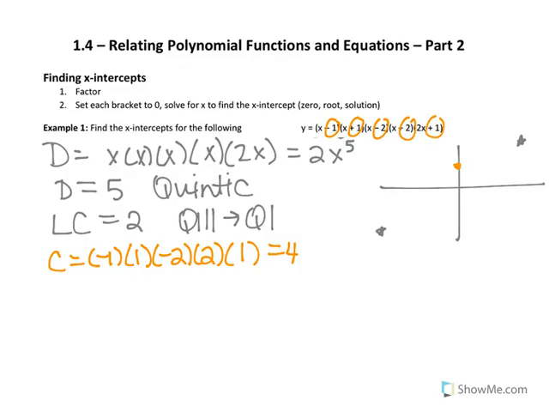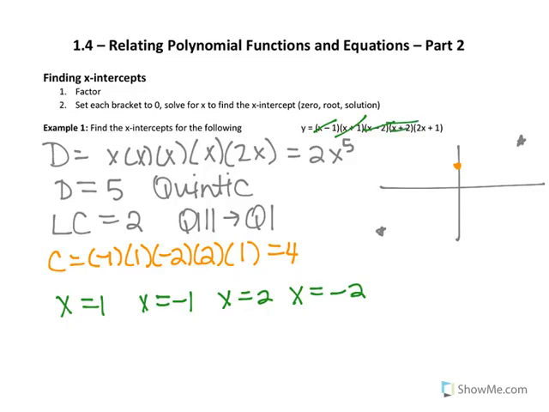Okay, now we can find our x-intercepts. So our intercepts are what makes each bracket 0. So these ones are really easy because the first one is just 1. The next one would be negative 1. Then it would be 2, negative 2. And the last one, if you're not sure what it is, when it's got a number in front